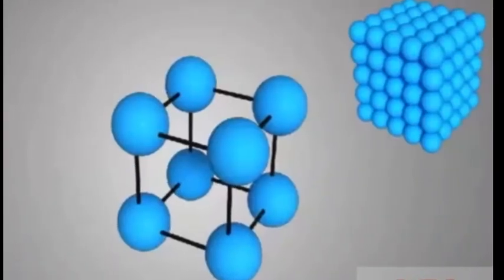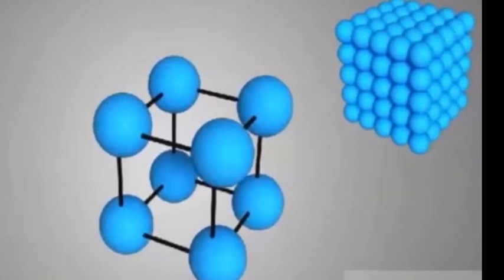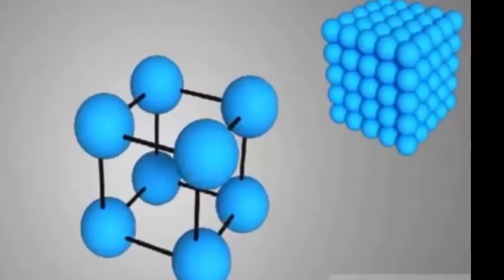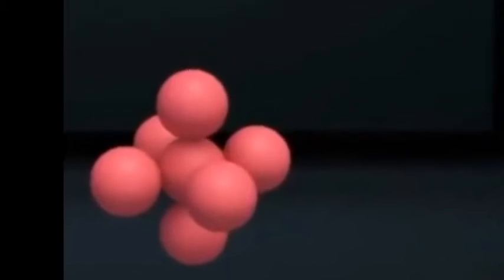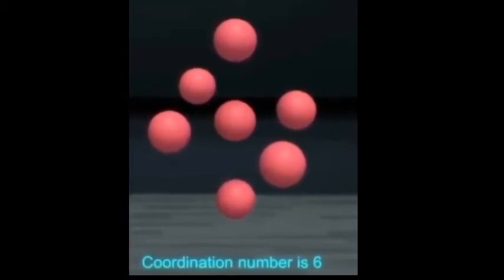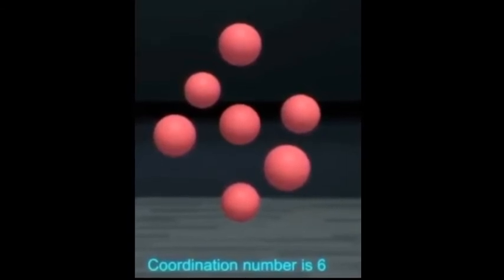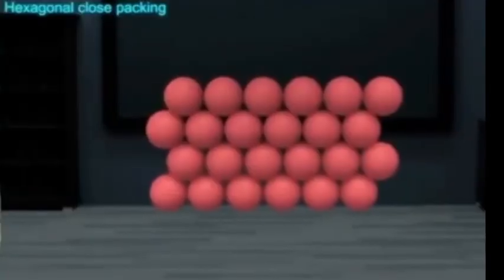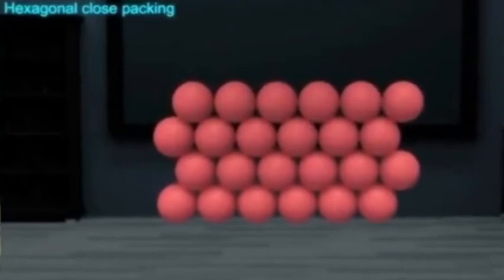If we observe that structure carefully, then we see that the structure is simple cubic structure and the type of unit cell is primitive cubic unit cell. In this structure, it is observed that one sphere touches another 6 spheres, where 4 spheres are in the same layer, one sphere in above layer and one sphere in below layer, so that coordination number in that primitive cubic unit cell is 6.